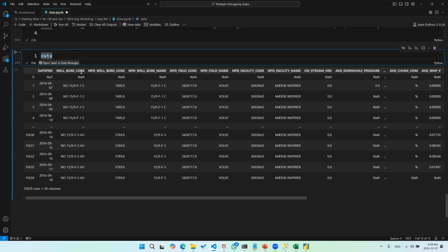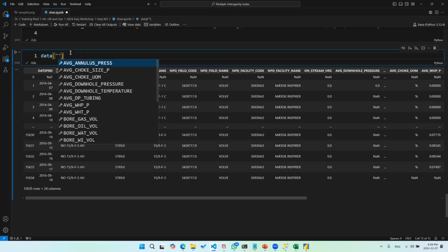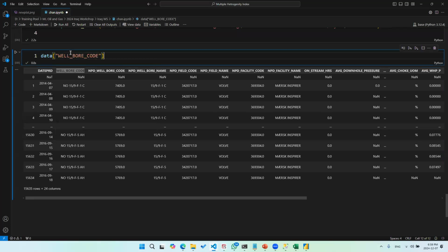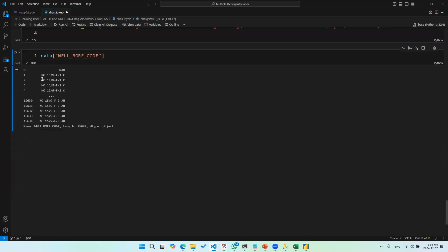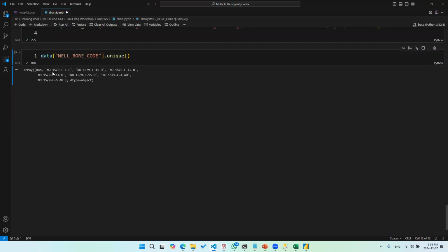Okay. In this data, we have a column called well name. So if we copy that particular column name and paste the name of the column, now suddenly we are getting a single column. This column represents all the wells that are contributing to this data sheet. If we get the unique wells, we're going to get a short list of all the wells that we have contributing to this data.